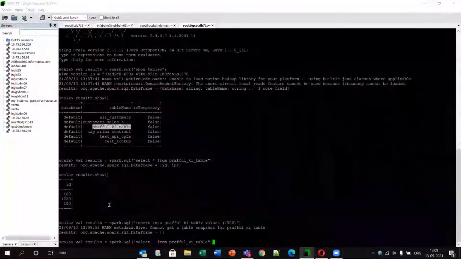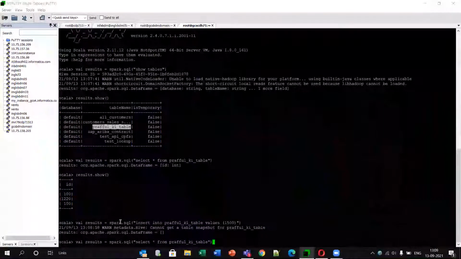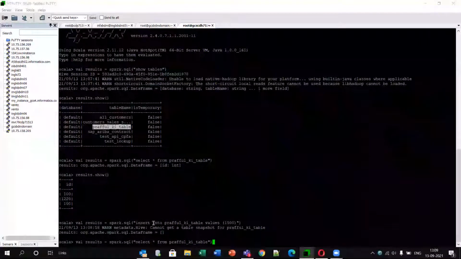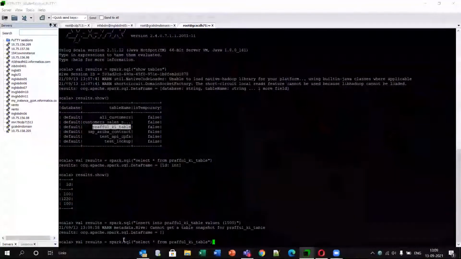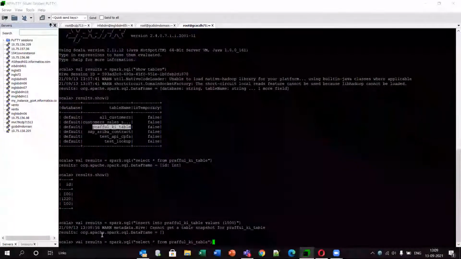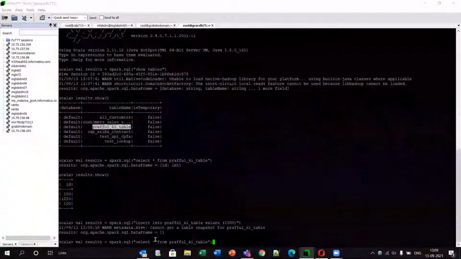Now I'll again run results equals, because this one does not return anything; it is a simple insert query and doesn't return anything. So I am again initializing this results variable to another SQL query.